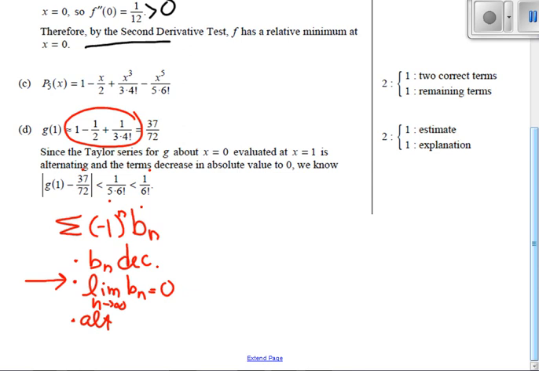That's it. Can I have that? No, I need that. So,